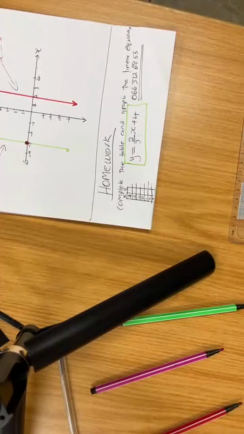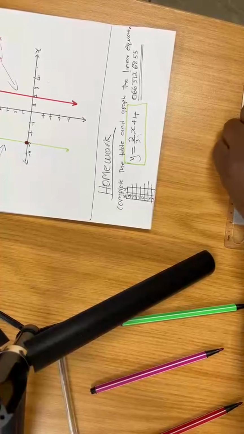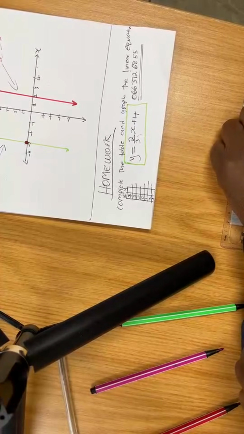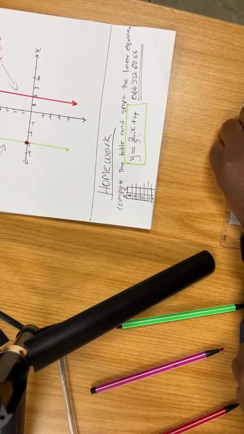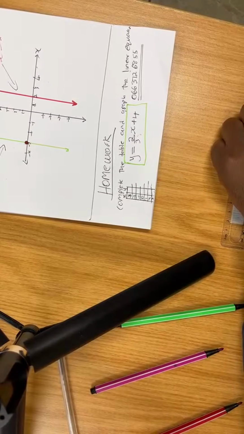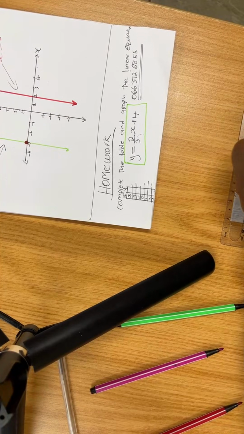Right. So the lesson objectives: understand the relationship between proportional relationships and linear relationships. And then you also find and interpret the slope of a proportional relationship, graph the proportional relationship, compare the proportional relationships. So some of the things we